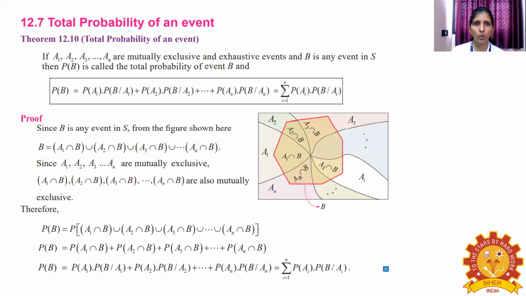Okay, so next we move to the total probability of an event. I'll just explain the theorem statement alone. So if A1, A2, A3 to An are mutually exclusive and exhaustive events and B is any event in S, then P of B is called the total probability of event B, and P of B is equal to P of A1 into P of B by A1 plus P of A2 into P of B by A2. The summation of all these terms will be written as i varies from 1 to n, of probability of Ai into probability of B by Ai. A simple proof is given for this,